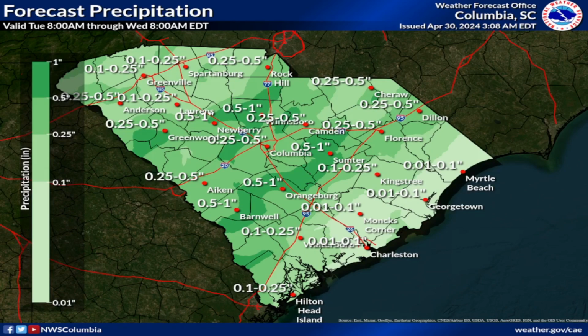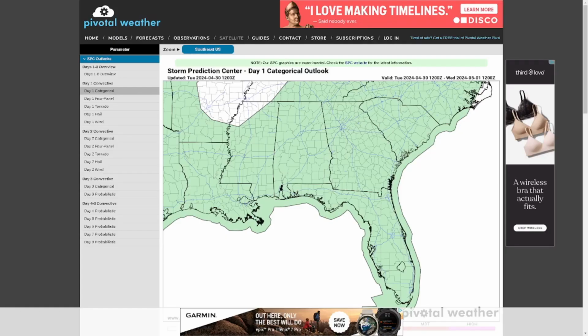But in terms of the Upstate and most of the Midlands, that's going to see your rain totals right there. Quarter of an inch Greenville, Spartanburg, half an inch Rock Hill. So those are just some totals. And obviously,